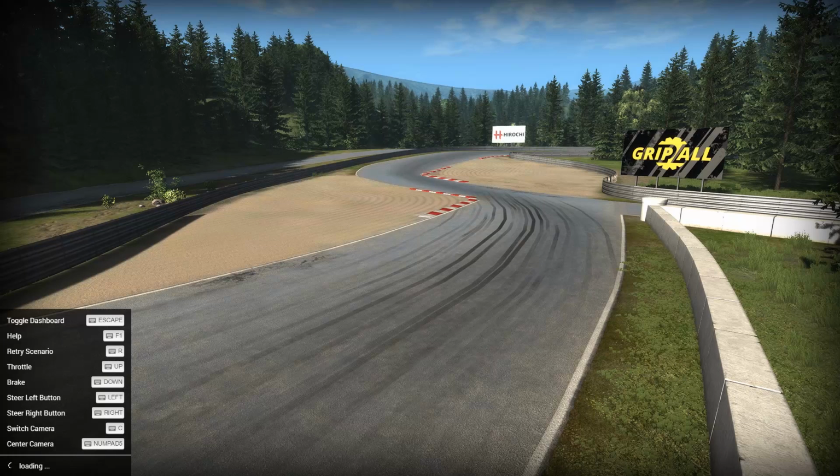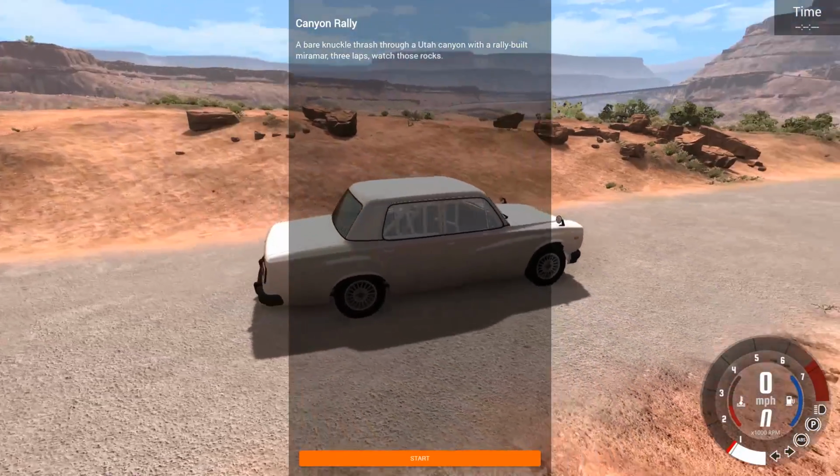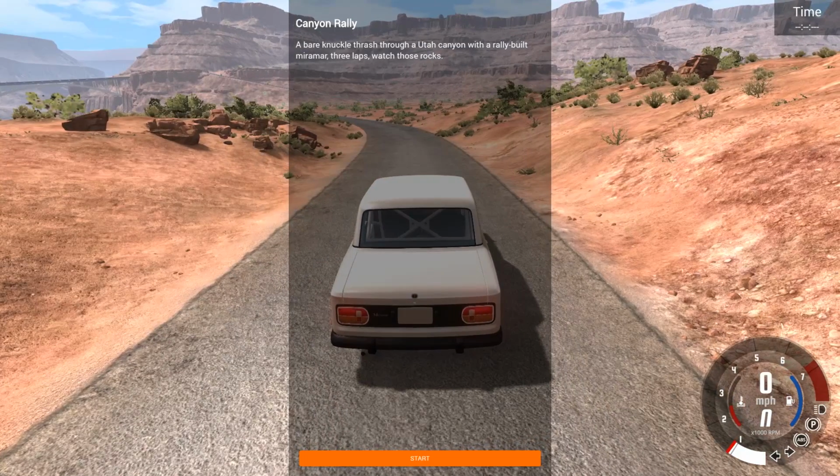Today we're going to be doing the Utah Canyon Rally. This was a new download that I spotted in the mod section on the BeamNG site. I'm all about rally tracks and I really wanted to see one. We did the hill climb last time. It was somewhat of a rally track, but this is actually titled Rally. It's 3 laps. Hopefully it's a cool layout. I haven't tried it yet, so...